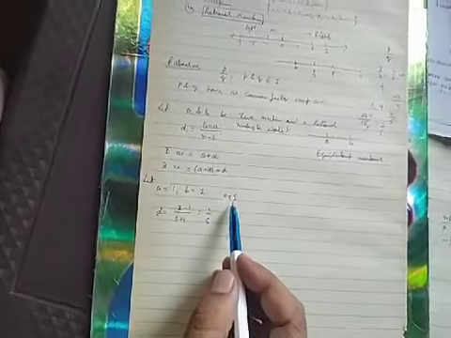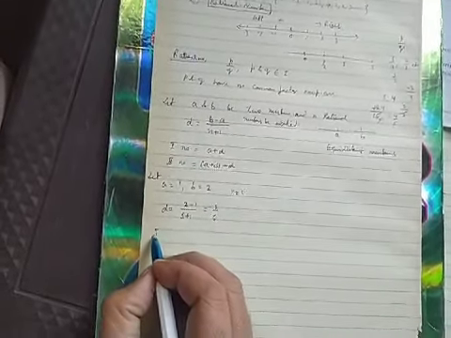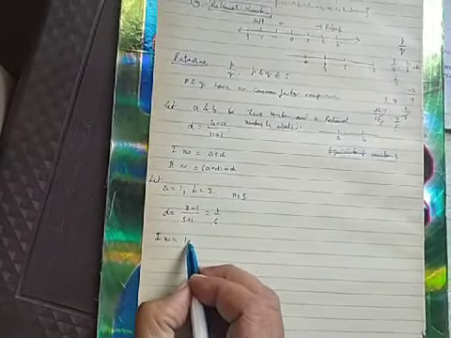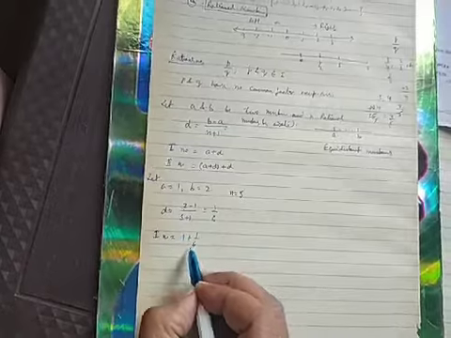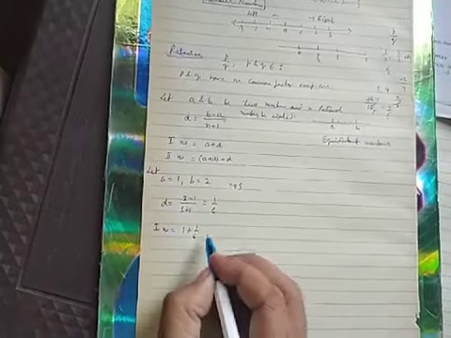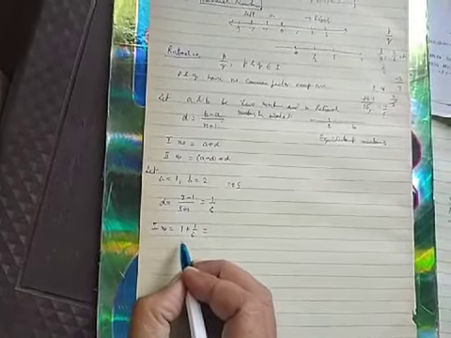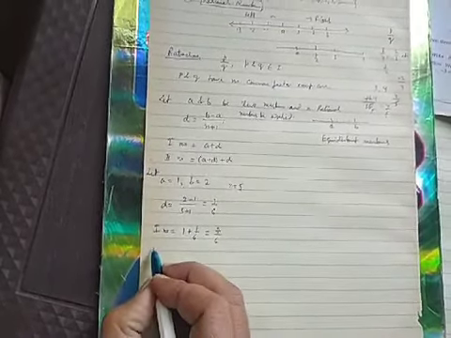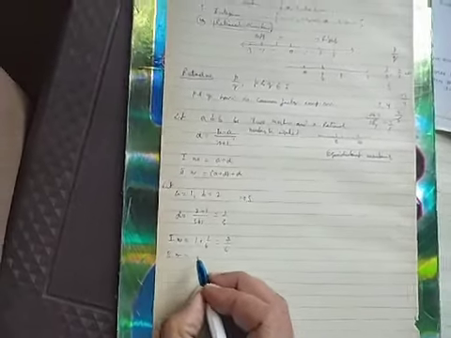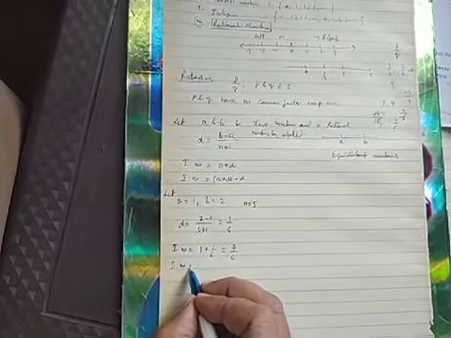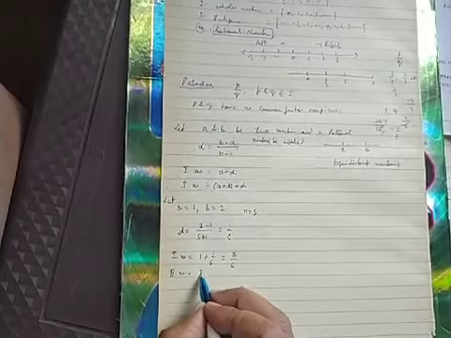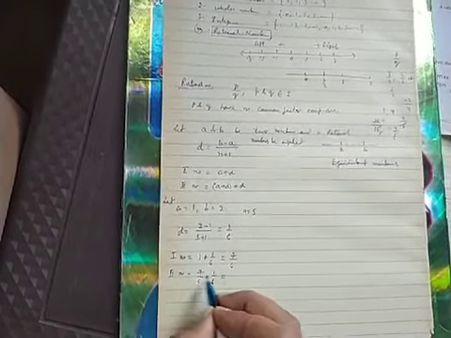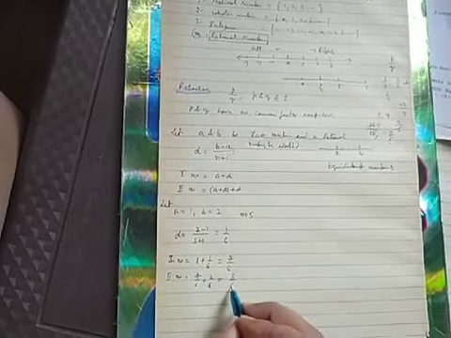Now you have to insert 5 rational numbers. Then the first will be, what is A? A is 1. To 1 you will add 1 upon 6, meaning this D will be added. What you will get is 6 plus 1, 7 upon 6. Second number: for obtaining the second number, to the first one you have obtained, you will add D again. This will become 8 upon 6.